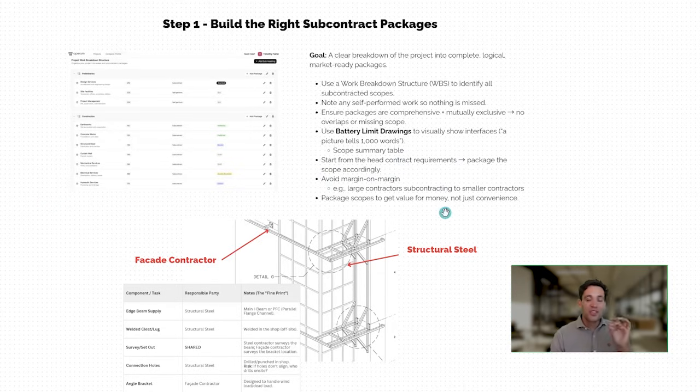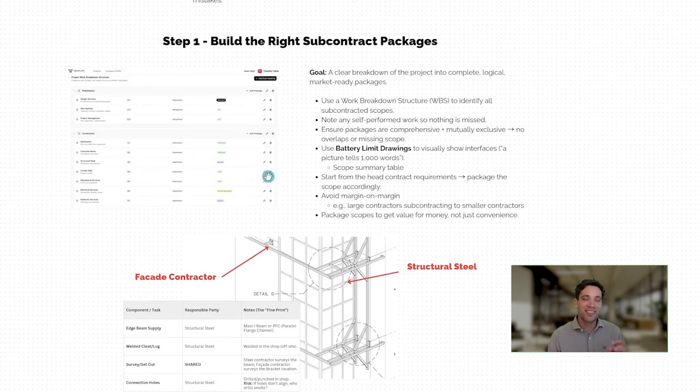I think what we in general should be striving for in a competitive market is we don't want margin on margin. So we don't want our subcontractors to subcontract our work. Now, there's obviously going to be exceptions to this rule. For example, if we're procuring an earthworks package and the subcontractor subcontracts out their compaction test. It's a tiny portion of the work. We don't want to deal with the hassle of having to free issue and coordinate compaction tests with them. But in general, we shouldn't have our subcontractors subcontracting out major packages of works, because then we're just paying for